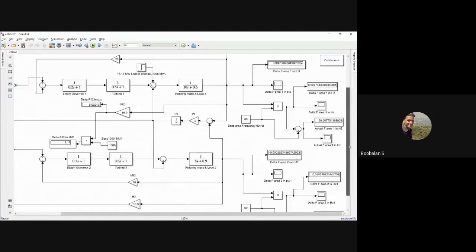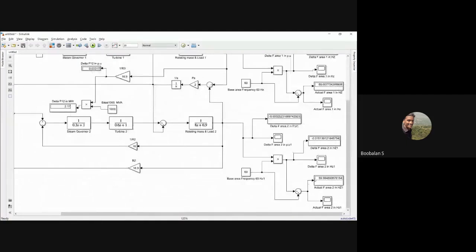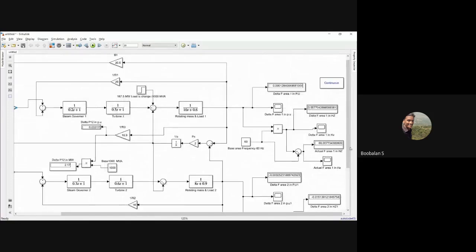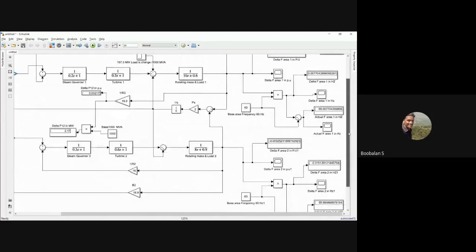The same way, there is no load change happening on my area number 2. The frequency is now nearby 59.99. It's not exactly 60, it gets to 60 later. No need to get worried. For example, if you have more doubt, I'm just going to increase my load. We'll see the same frequency is going to be there, right? So don't panic, it gets to 60 later.